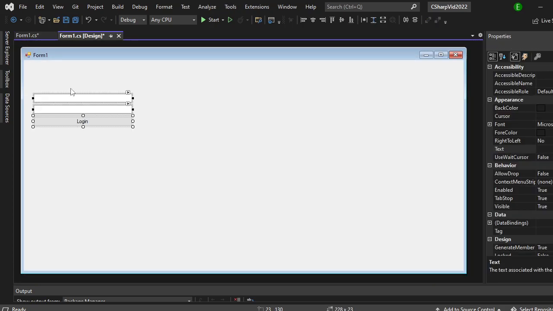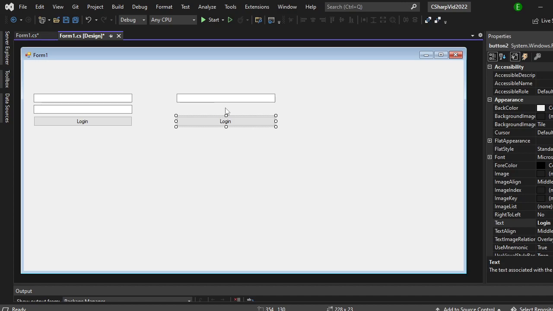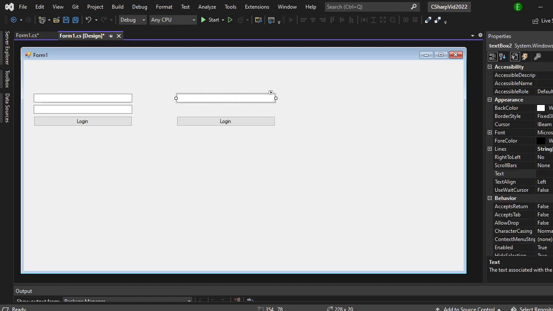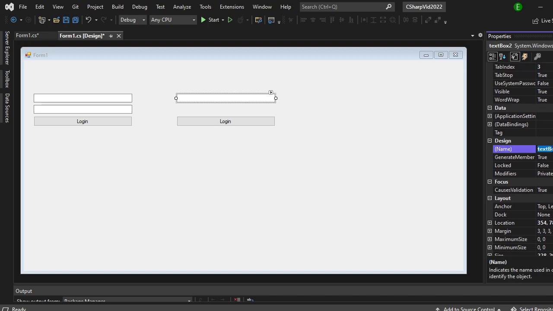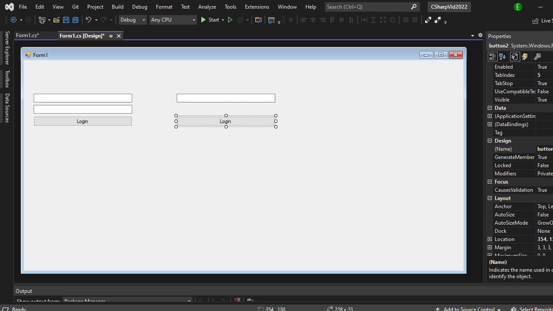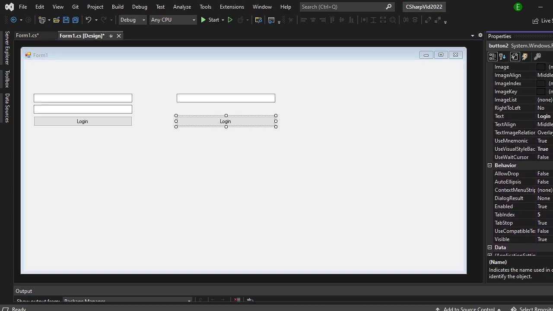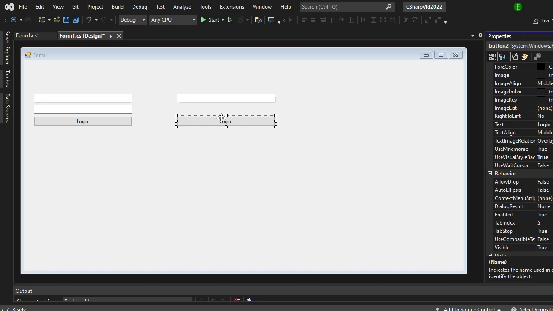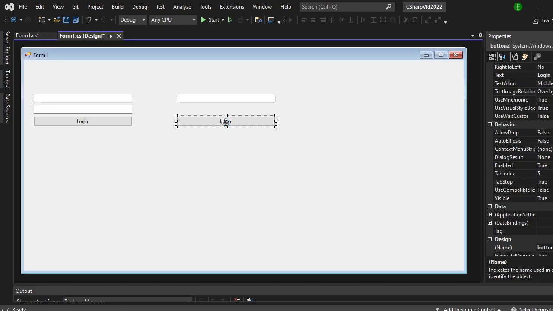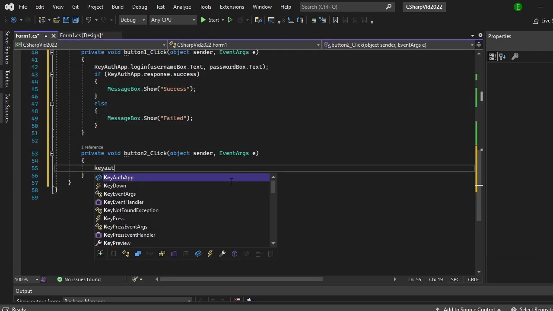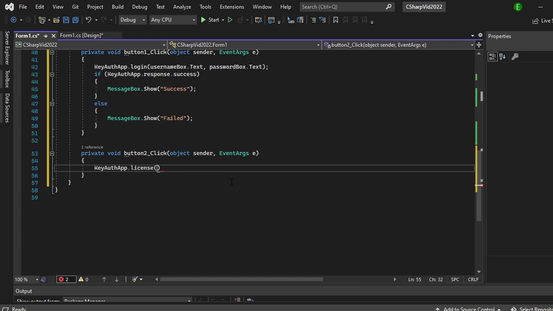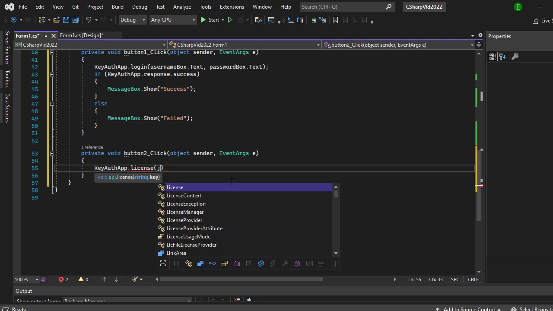Now if you want to do just a key, so just using a license just to log in, then it will be like this. I'm just going to change this, just license box. And if you're just doing the license, then you can log in and register at the same time. So if the key was never used before, then it would register, then you can log in, but if it was, then it would just log in. So basically the same concept, just keyauth app.license, and then it would be just license box.text,